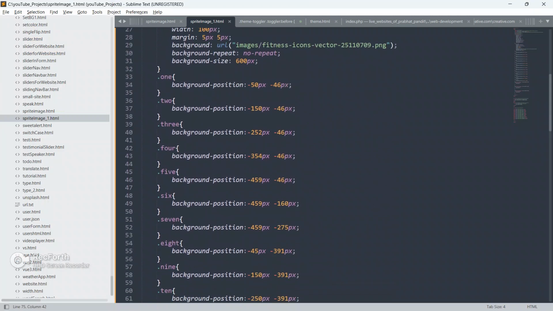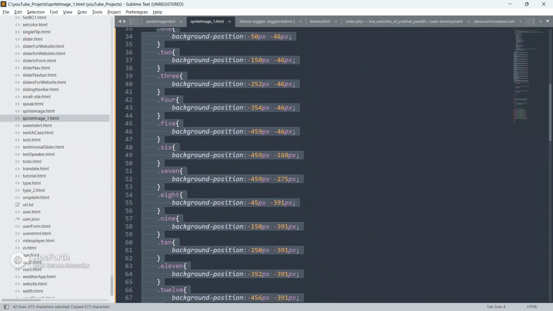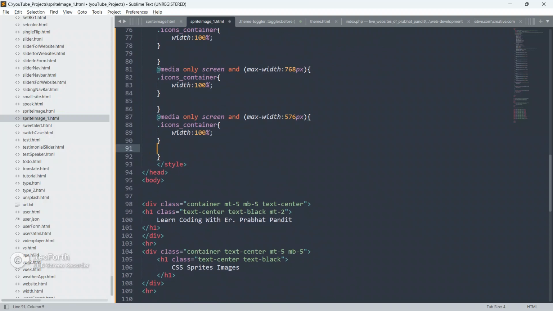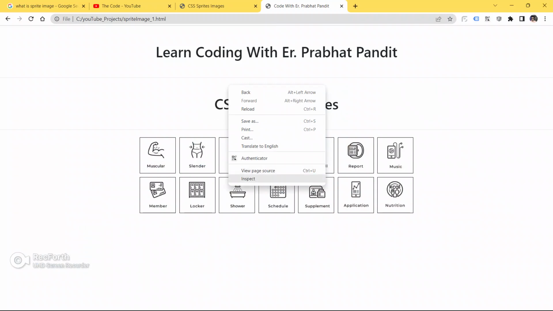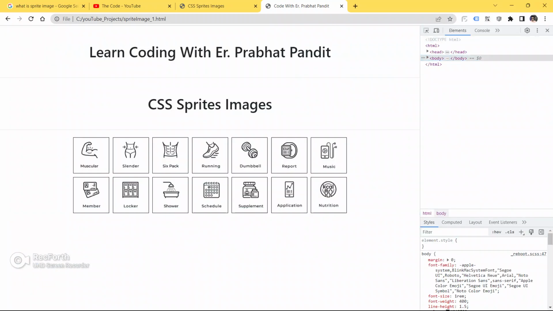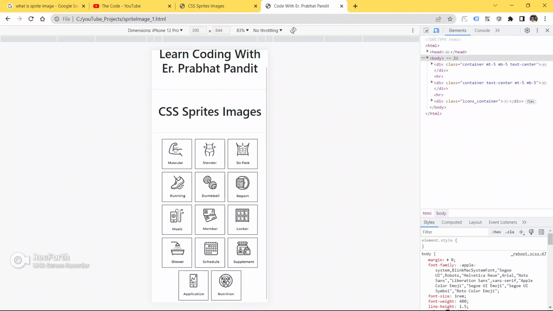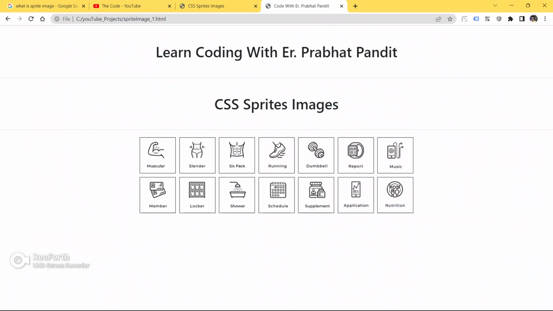If you want, you can adjust sizes according to your need and requirement. For demo purposes, let me copy all the classes from 1 to 14 and paste them here inside the media query. Save your code, go to the browser, make the screen size small and refresh your page. See, it is fully responsive guys.